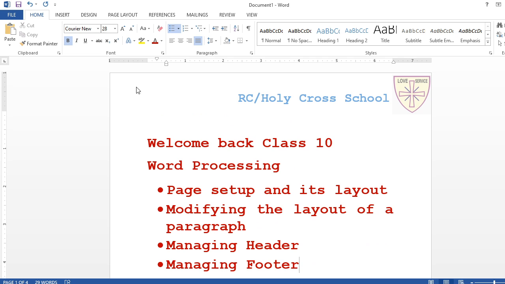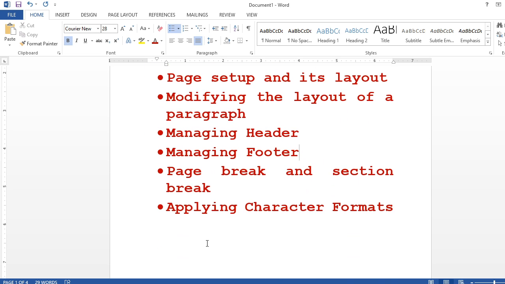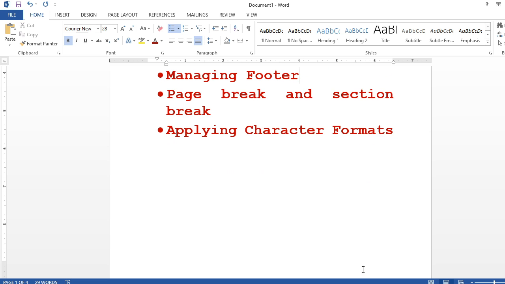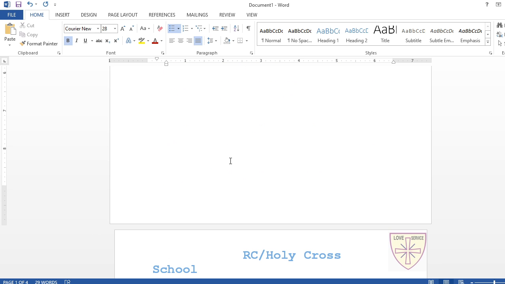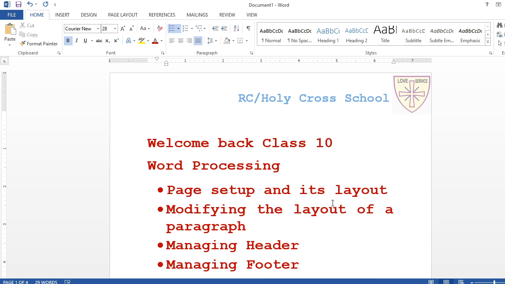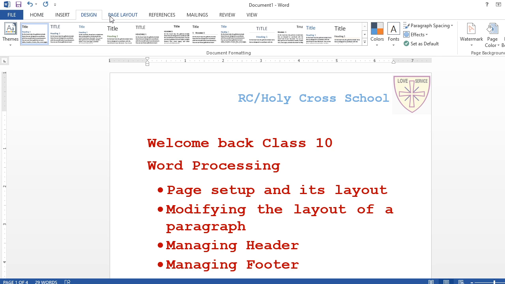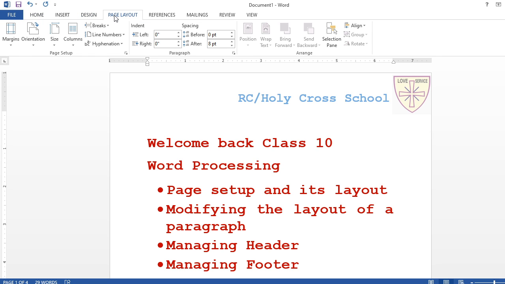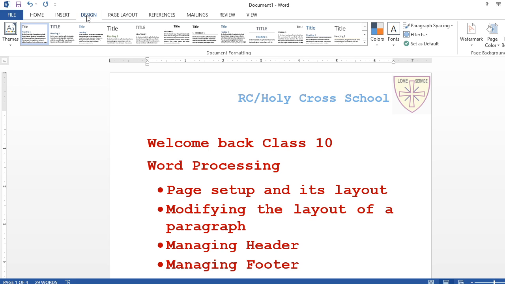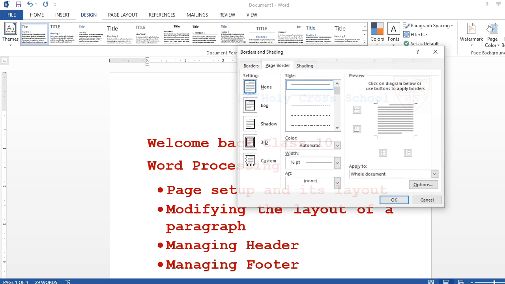So I want to give a page border. Page border should come on all sides of your page, na? Yeah, till here it should come like this. Okay, so how is this page border going to come? Click the page. Okay, then again you go, you find out where the border is. Page layout, no, here design, yeah, in design you see this page border right here. I am going to click this page border.